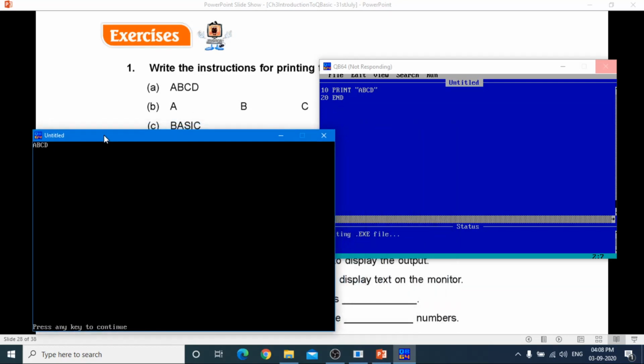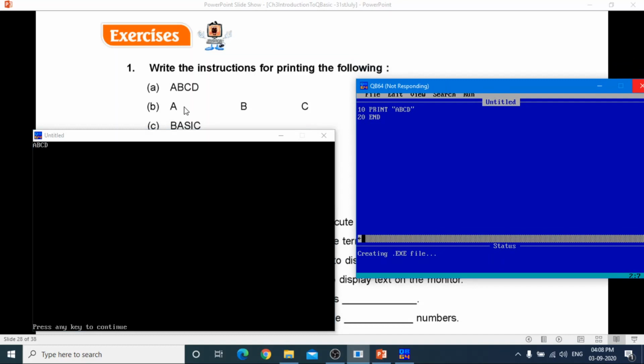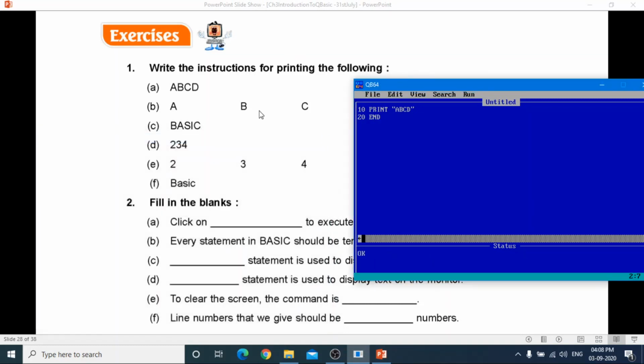This we need. The question is, what instruction you write for printing A, B, C, D? So what we have written? 10 print A, B, C, D in between double quotes and then 20 end. That's all. Okay. Now for B part, what we have to do? A, B, C. There is written A, B, C and we have to put gap in between it. तो gap कैसे आएगा?